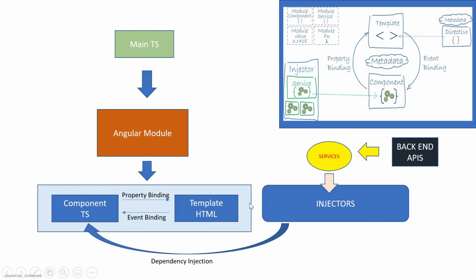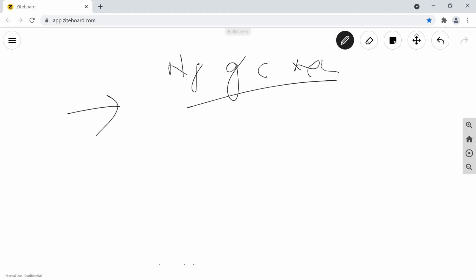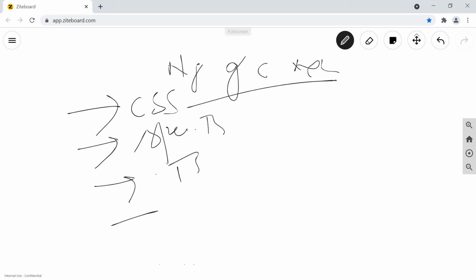We also saw that services give data to the components. So now, how will components talk to each other? This is a very essential concept. If we go back, when we write the command ng generate component xyz, what happens? It will create one component. There would mostly be four files: one is css, one is spec.ts, one is .ts, and one is .html.